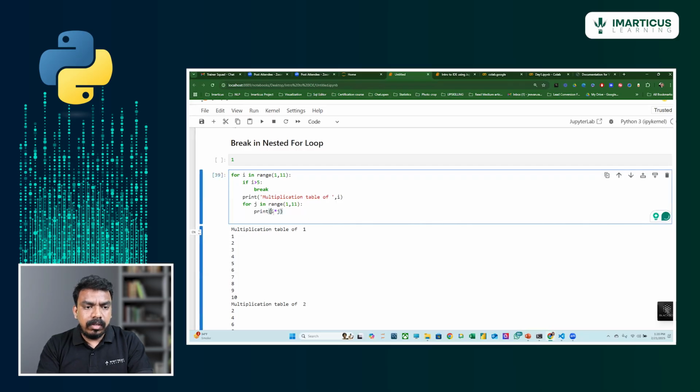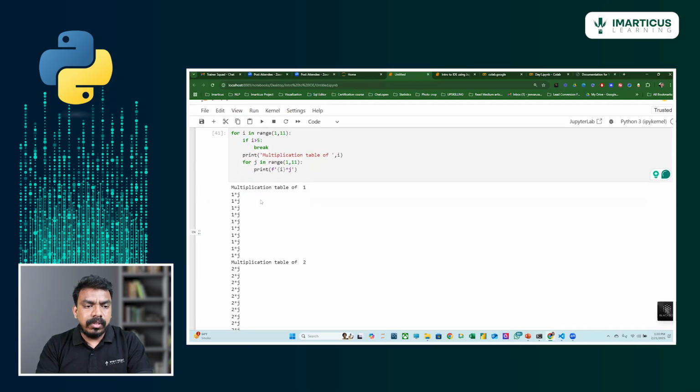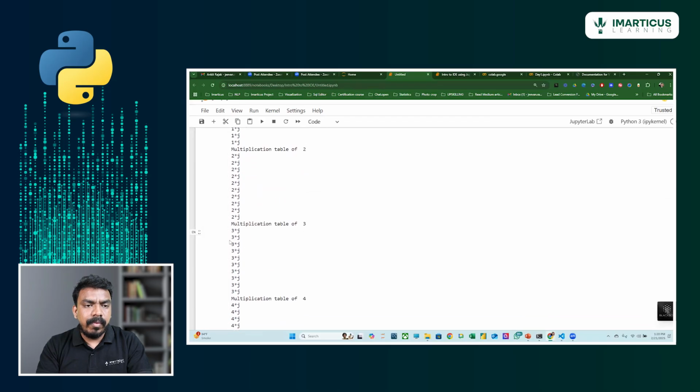I want to use multiple values in an f-string here, so I will write f, right? And once you write the f, you specify the quotes. Here, let me specify this information in the curly braces. That is nothing but the value of i, which is 1: 1 1s are, 2 2s are, 3 3s are.